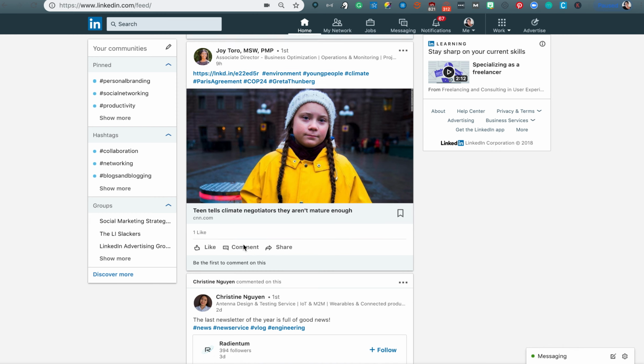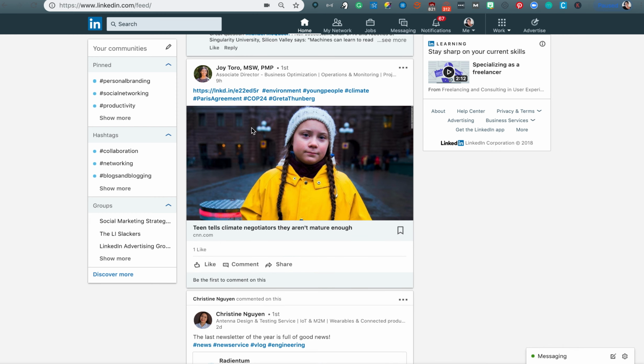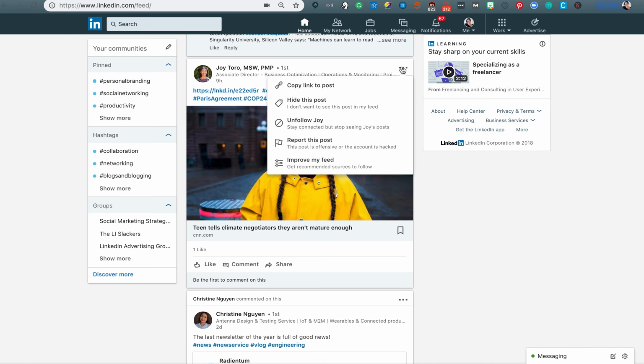But what about the stuff you want to see less of? So say Joy's someone I don't want to see much of either. I click the 3 dots next to her post. If it's just this particular post, I can say hide this post, but I might then want to see her other stuff. But if I want to remove her entirely from my home feed but remain connected, I simply unfollow